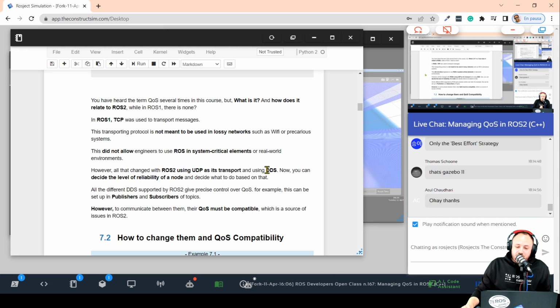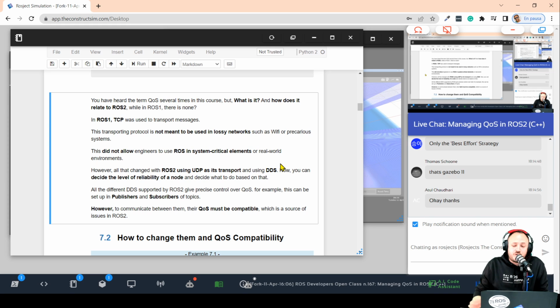In ROS2 we are using DDS, the Data Distribution Service. There are some other classes you can look for, and we also have some videos talking about this DDS, so you can go and have a look at them. But basically the underlying idea here is that in ROS2 the transport protocol, how messages are being transported, has changed from ROS1. Because of this, we have these quality of service settings available for ROS2,